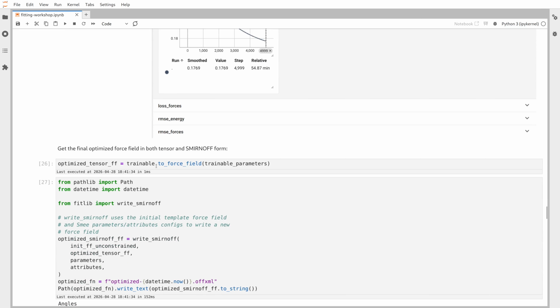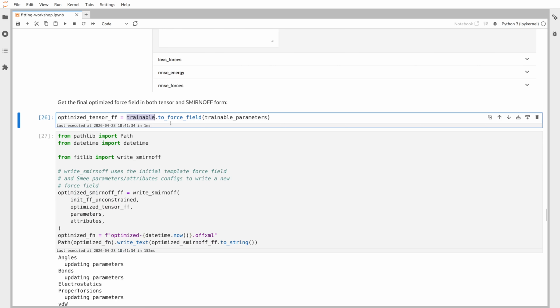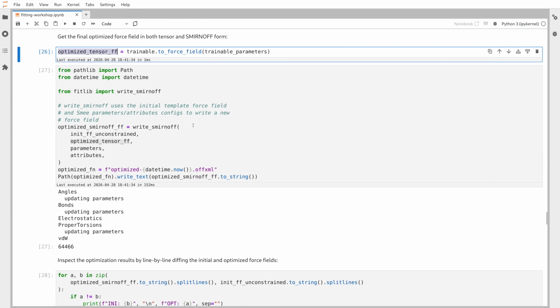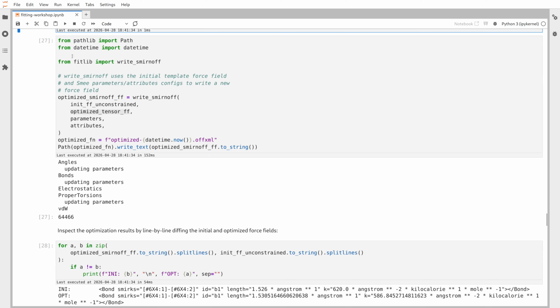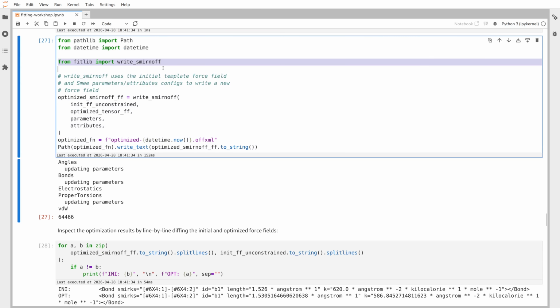Okay, so we've now done our optimization. We just need to get our force field back out. So the trainable still holds the original force field. So we just give it the optimized parameters and it will give us a tensor force field. And then we just convert that tensor force field to Smirnoff force field. This right Smirnoff